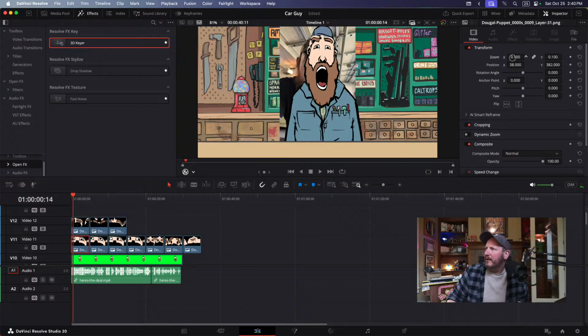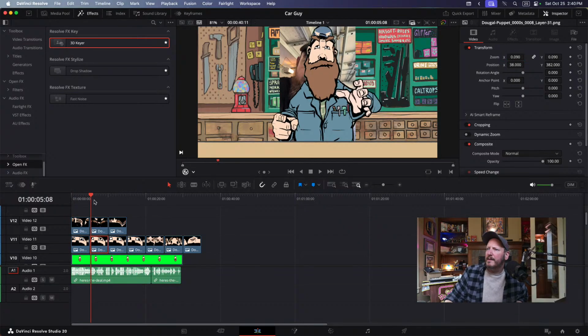So let's zoom him out a little bit. I think he's going to be, wow, it's perfect. It's 1, really? That's a shock. That shouldn't be there. 9 seems too small. 10 seems too big. So can I do 0.095? 0.095.